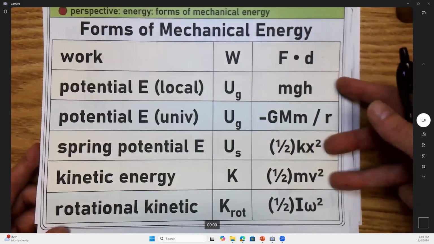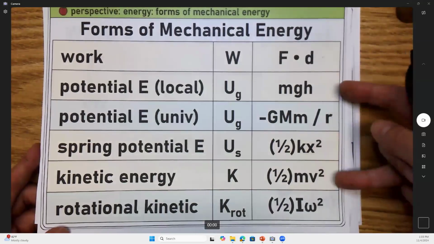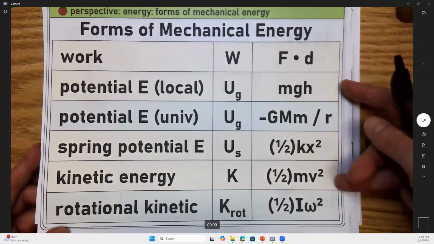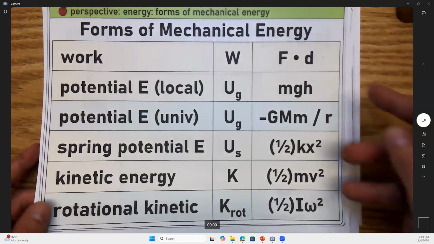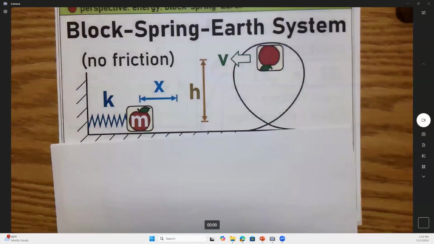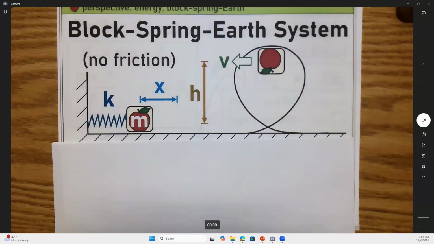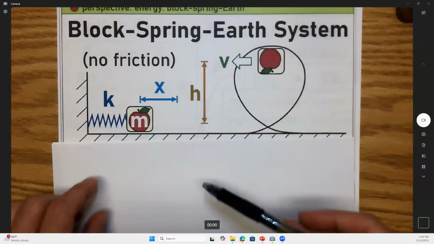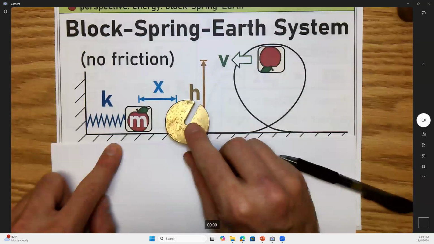Here's gravitational potential energy, mgh. At the very bottom is kinetic energy, 1/2 mv squared. We've just been working with those over and over. And if you bring in a spring, there's your 1/2 kx squared. Now this one, I really like this poster because it's pretty all-encompassing for what we're talking about this week. Here's the story. I'm going to take some mass. I'm going to press it against the spring.